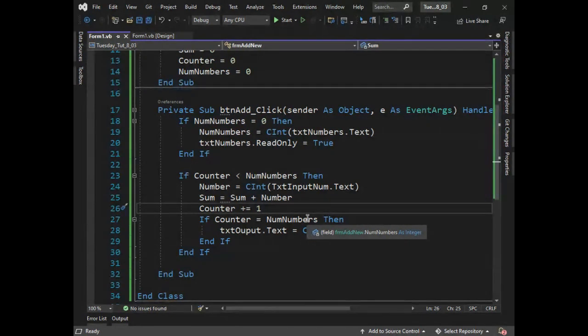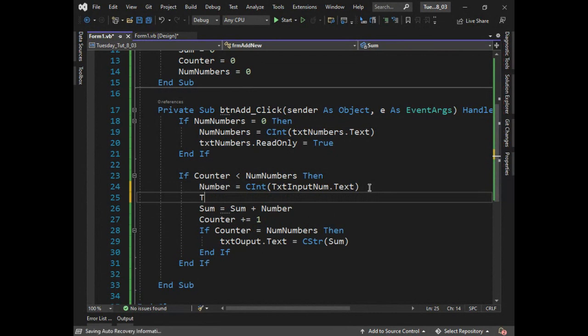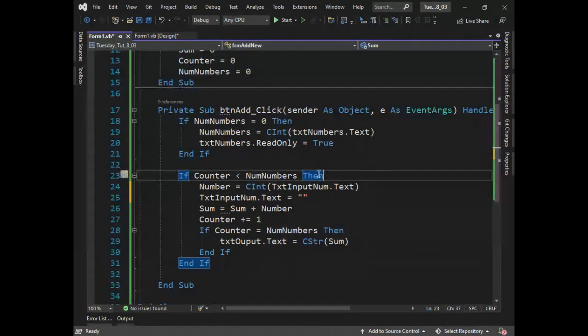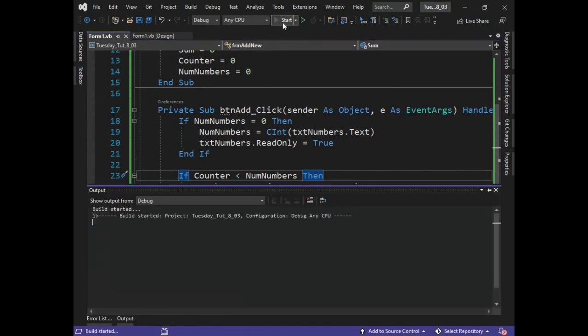Yes, the person who said, can we clear it? Where is the information coming in from? From the numbers text box, right? From the input num. So after we get the number from input num and we've used it, we could simply just say, get line 25 where it says txt input num.text is equal to nothing. So if we save it and run it,